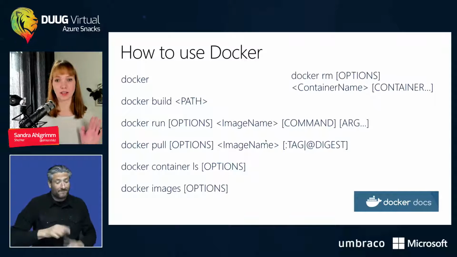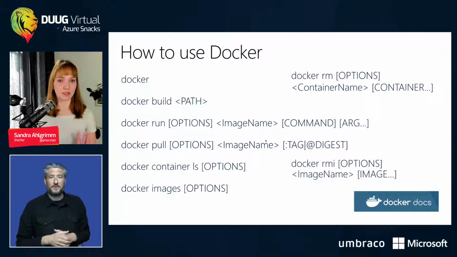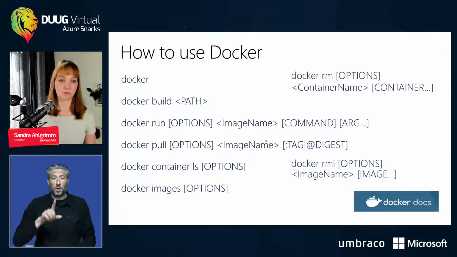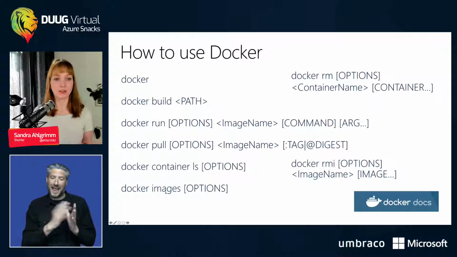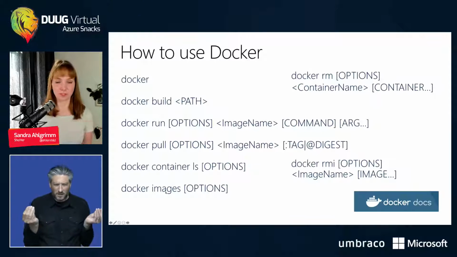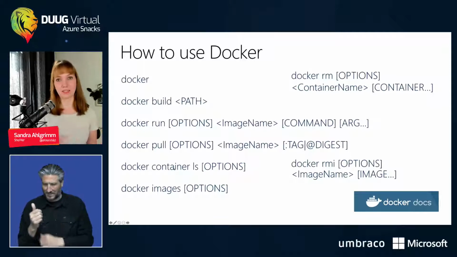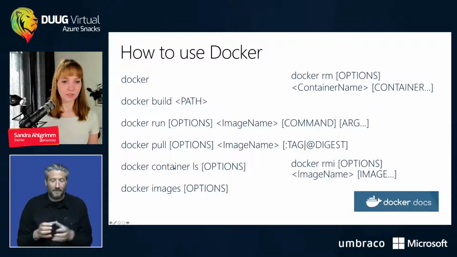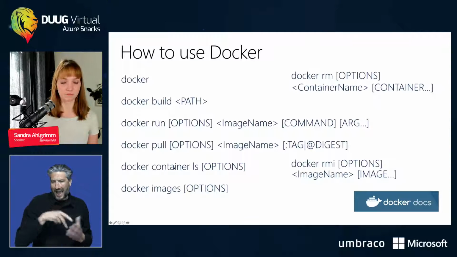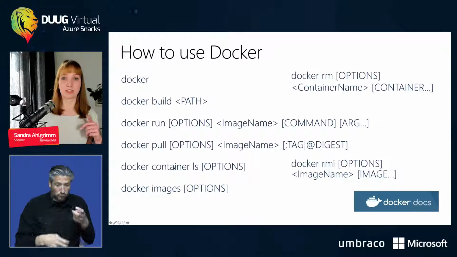With docker rm, you can remove the containers. With rmi, you can also remove the images. So yeah, there are different things. You have the images and the container. The image is kind of the recipe for your container, and the container is like the app running inside the container. Okay.